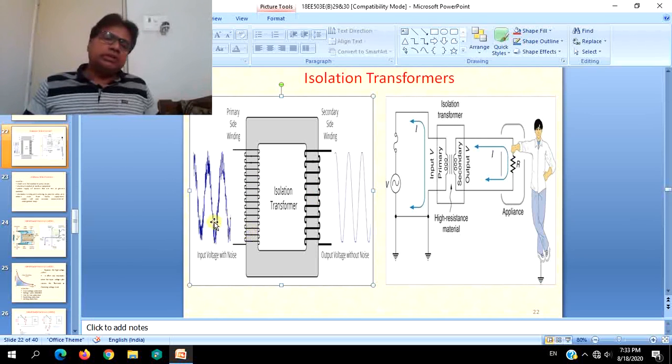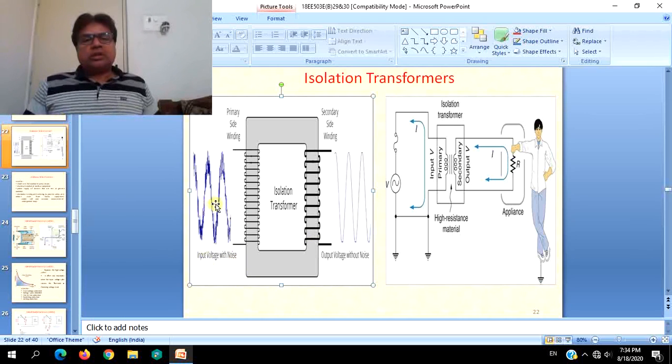But what is happening over here? You can see in this waveform that there are so many voltage spikes and harmonics, which may be coming as a result of many switching actions or lightnings or other circuit breaker trippings and openings. But these will be suppressed due to the large impedance of the primary side of the transformer, and the output voltage which is fed to the load connected to the secondary is not having any noise or disturbances which are shown in this waveform.